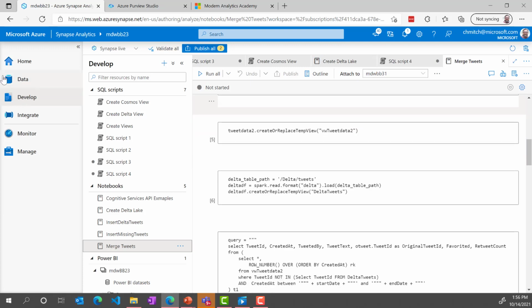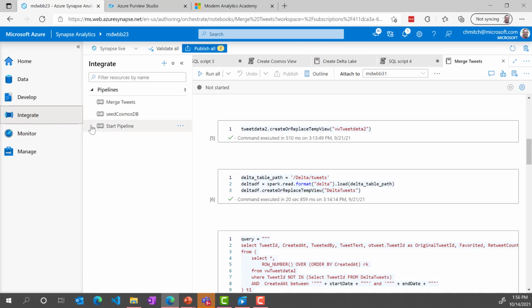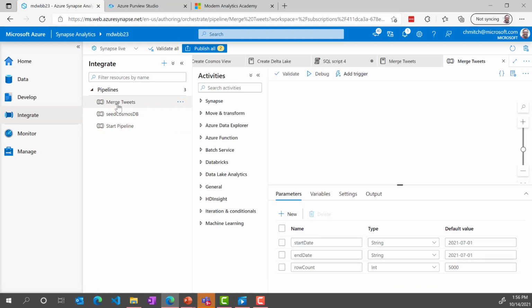We need to go down to the next area of our Synapse Studio, and flip over here to the integration area. So the integration area is where you build and schedule pipelines. So pipelines can be really sophisticated, a number of steps that takes data through a series of stages. In our particular case, our data pipeline is actually pretty straightforward because a lot of that logic is baked into that one notebook. And so you can see here what we've done is we've created this merge tweets pipeline. The merge tweets pipeline executes this notebook, and at this top level you can see we've got a start date and an end date. So what we've done is we've created the schedule that gives a start date and an end date, and